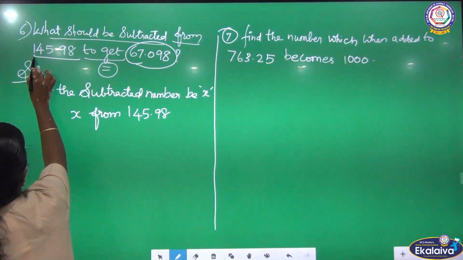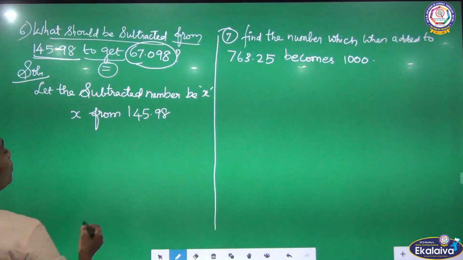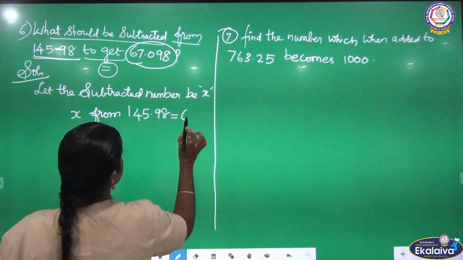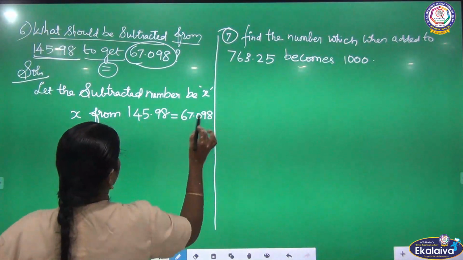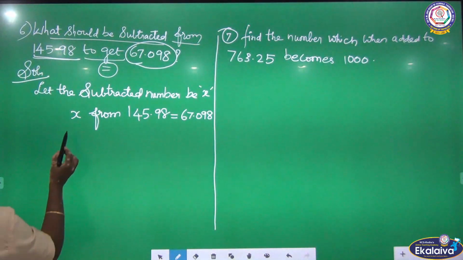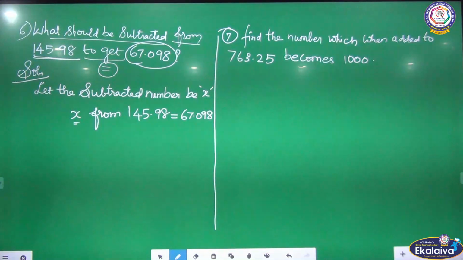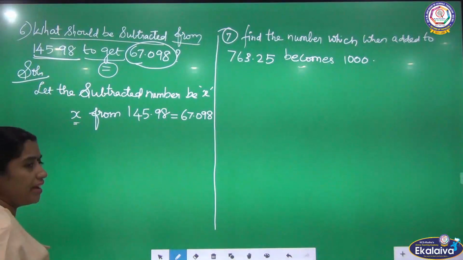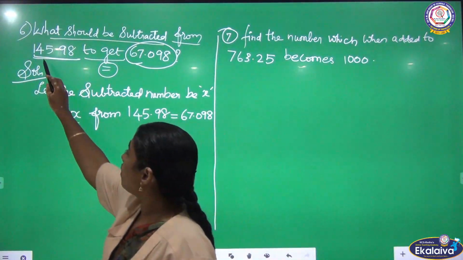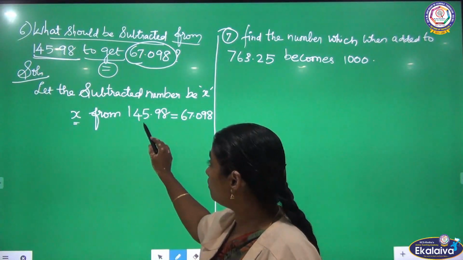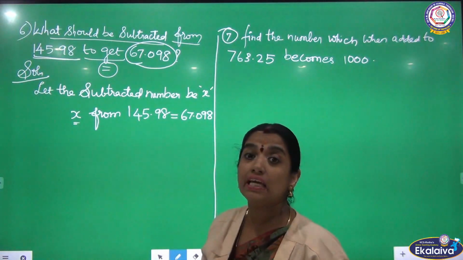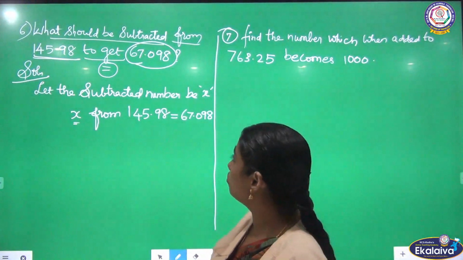So x from 145.98, because "from" 145.98 to get means what? Equal. To get means equal to 67.098. Can you clear this, children? I don't know the number, so for that I have taken it to be x. According to the question, I am framing the equation here. So from 145.98, that 145.98 I have written. Next, to get means what? Equal to